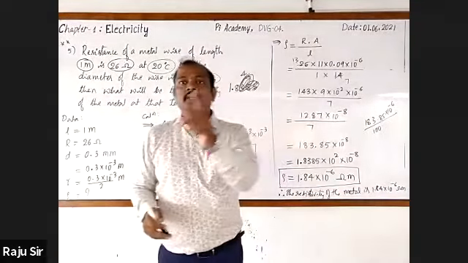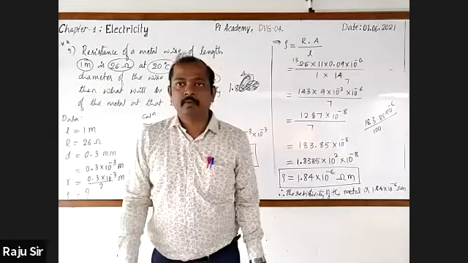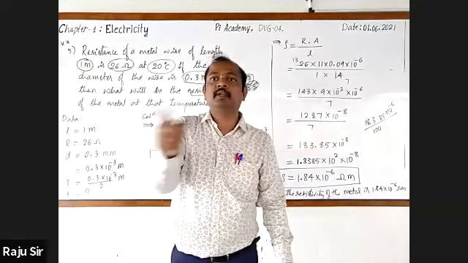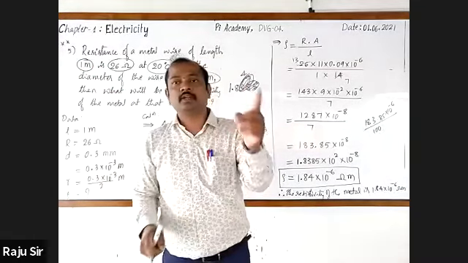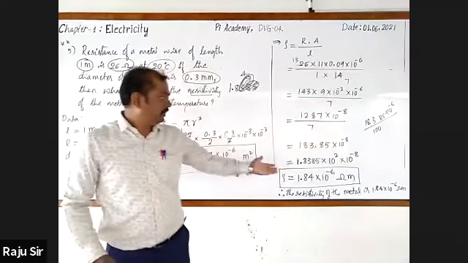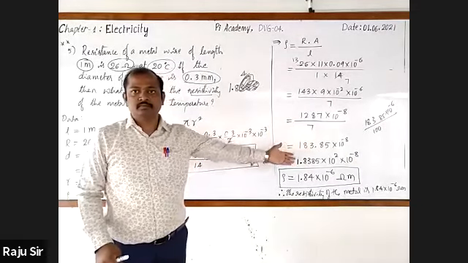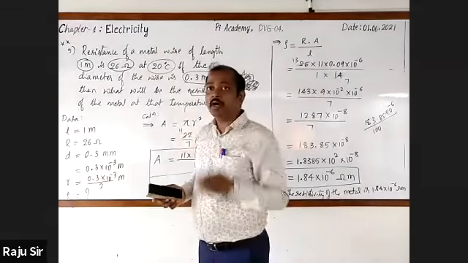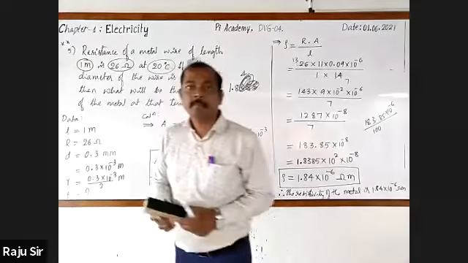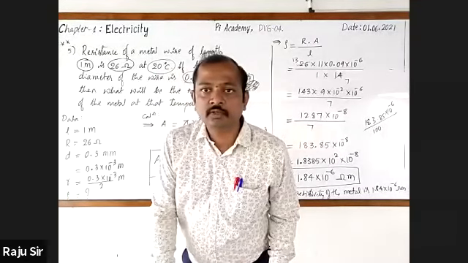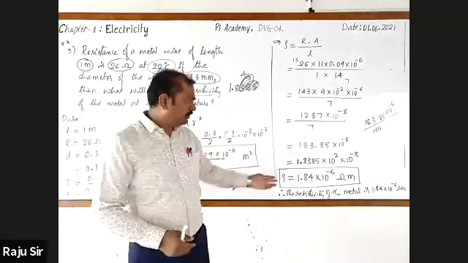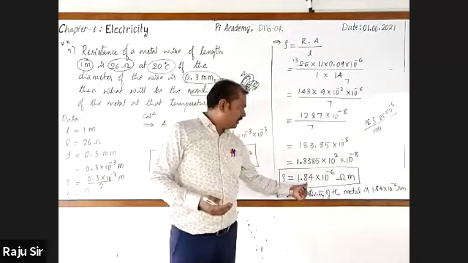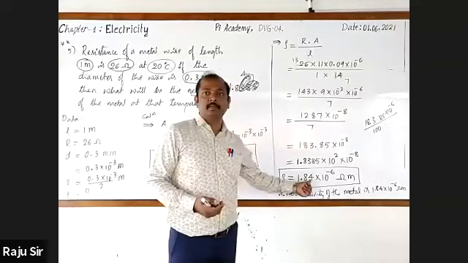You know that the range of resistivity of metals is from 10 raised to the power minus 8 ohm meter to 10 raised to the power minus 6 ohm meter. We have got the same value. Now, let me give you another one. Even here, if you want to write all 4 digits, you can write. I have written only 2 digits after the decimal place.